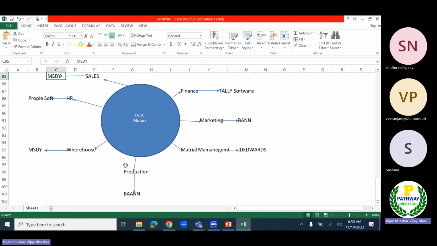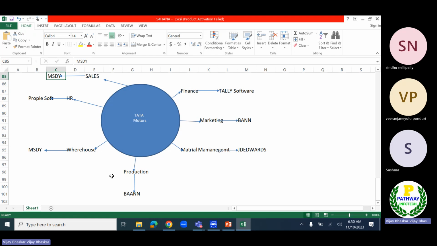Again, there is a dependency. If there is any small clarification required, again, they need to contact the sales department, where we do not have a central software. So this will lead to an impact on organization productivity. It will definitely impact organization productivity.